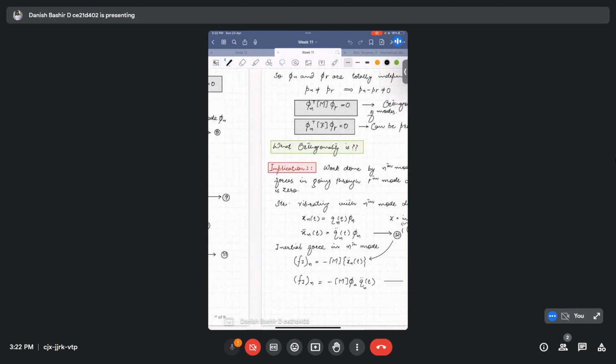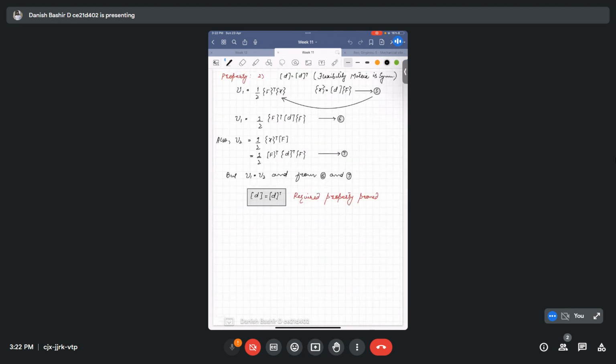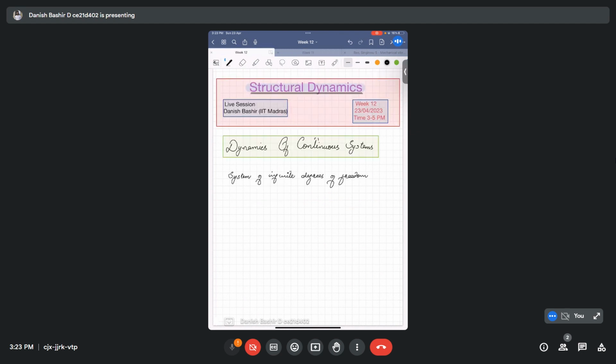But today we will not be continuing with the same thing, multi-degree of freedom systems. Today, in the last and final session, we will be studying a new concept known as dynamics of continuous systems. And in the online module, I think week 12 is going on live, wherein you are dealing with modules like